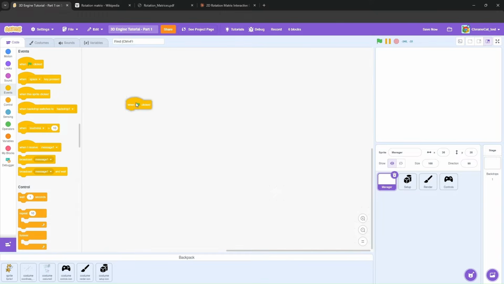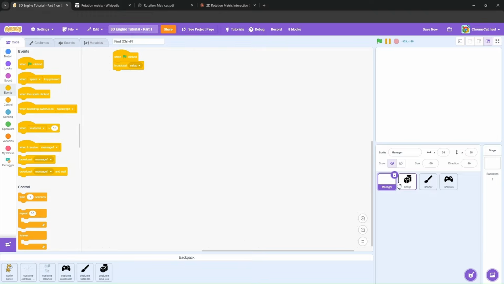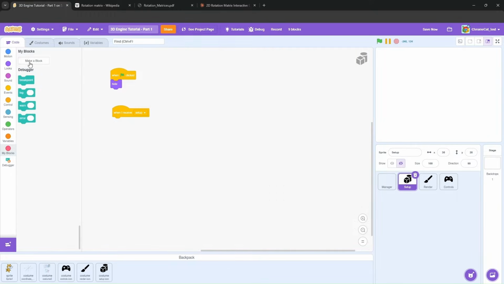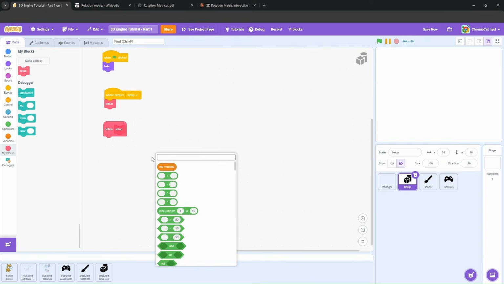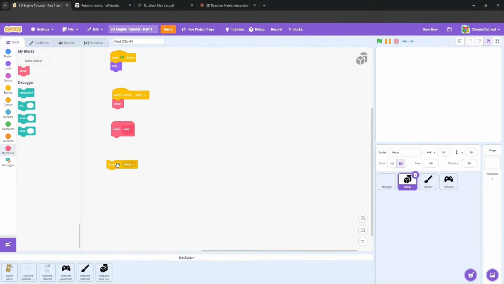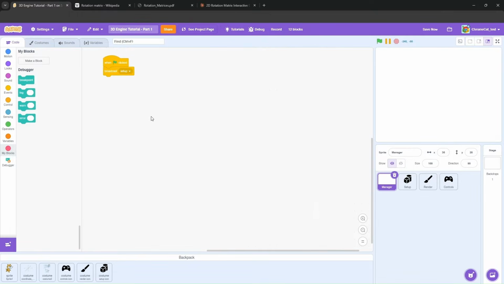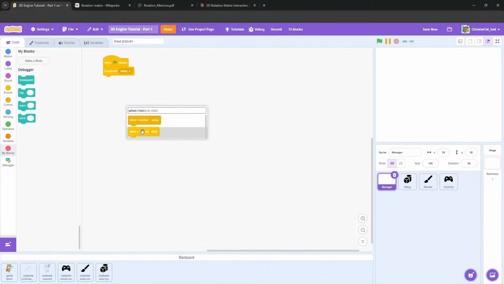So we say when green flag is clicked, broadcast, and then we're going to create a message setup. And then we'll say in setup, when I receive setup, and then we'll do something. For now, just setup, and we'll put run without screen refresh. And then we'll say broadcast, and we'll say start. And that's going to take us back to manager, where we'll say when I receive start,